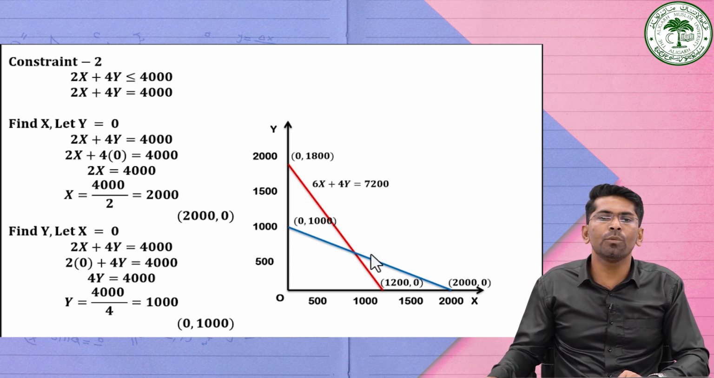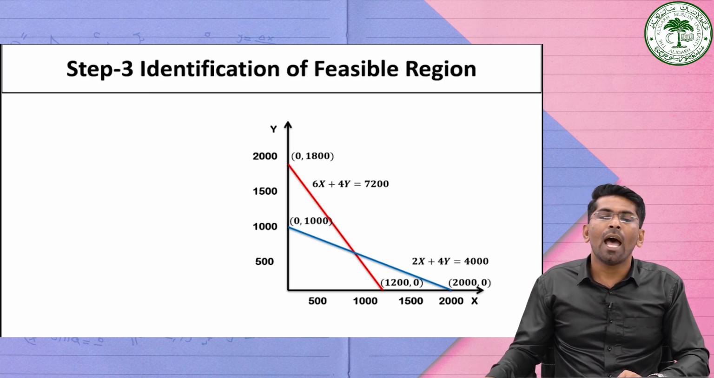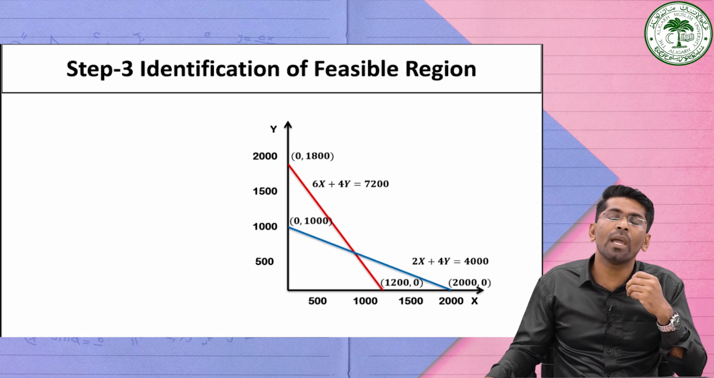So we have 2 lines, and this blue line is showing the constraint, that is 2x plus 4y is equal to 0. So we have 2 lines here, and these 2 lines are representing the 2 constraints. After drawing these 2 lines, which represent 2 constraints, on the next step we have to identify the feasible